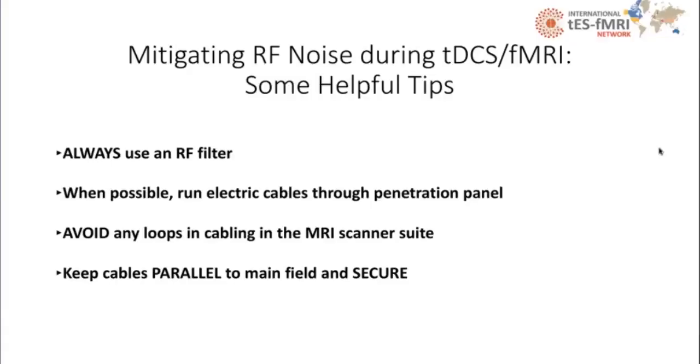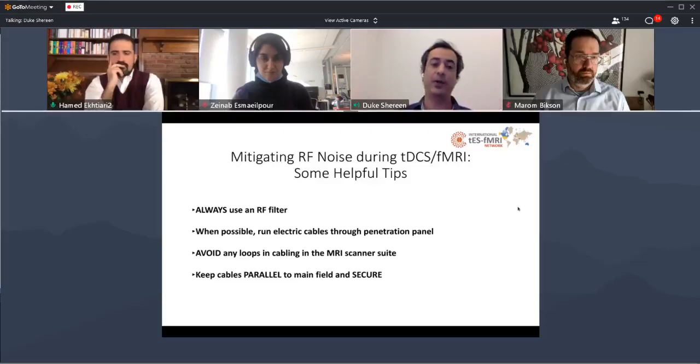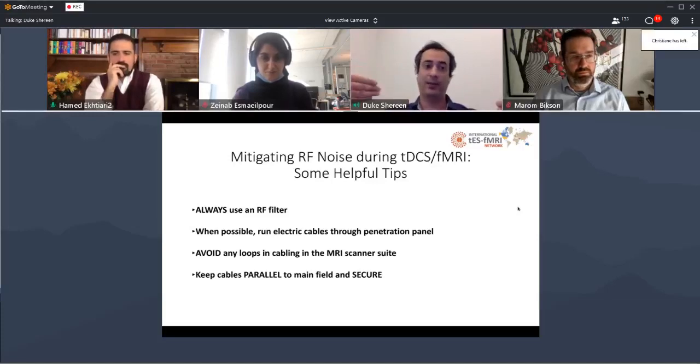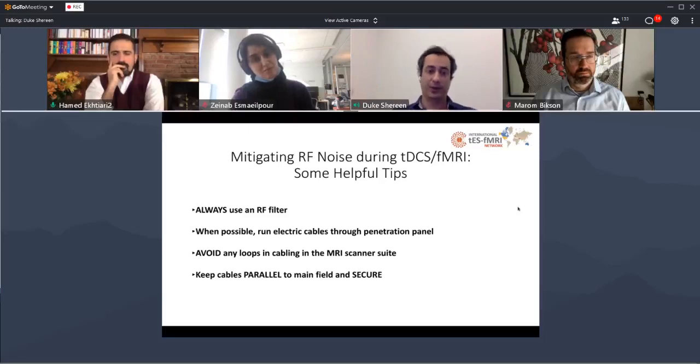And some experiments take that quite literally, from the wire straight in the front of the bore, always parallel to the field. Other methods have much longer cabling that goes around the magnet. In that case, if you're going to go around the magnet, you have to become not parallel to the main axis at certain points. That's why in those setups, you want to have the cabling as far as possible along the walls, so that the energy sort of dissipates by the time it gets to the scanner,